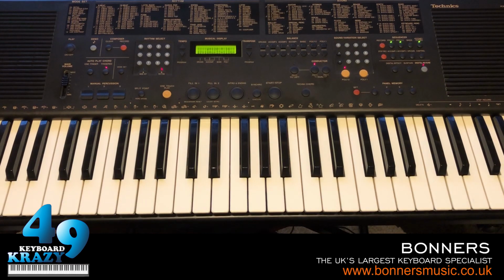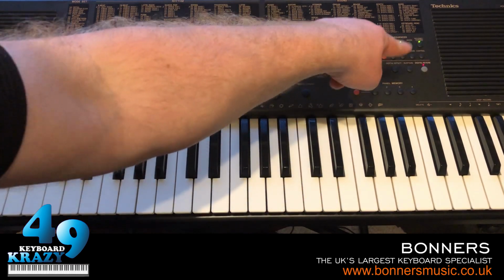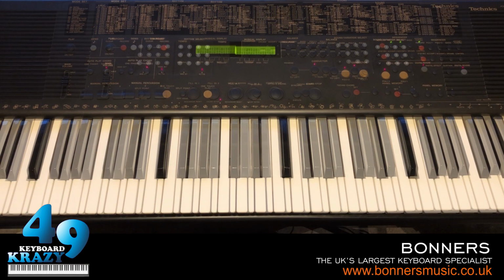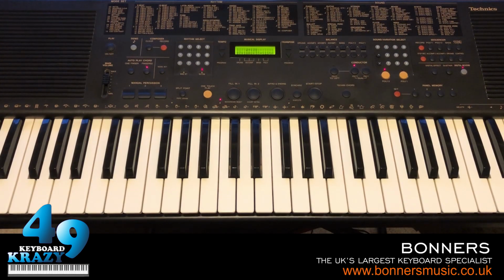So that is how you record songs on the sequencer, and saving your songs and loading songs for instant recall. And with the sequencer, you can save up to 3 of your own songs. Okay, so now the last thing